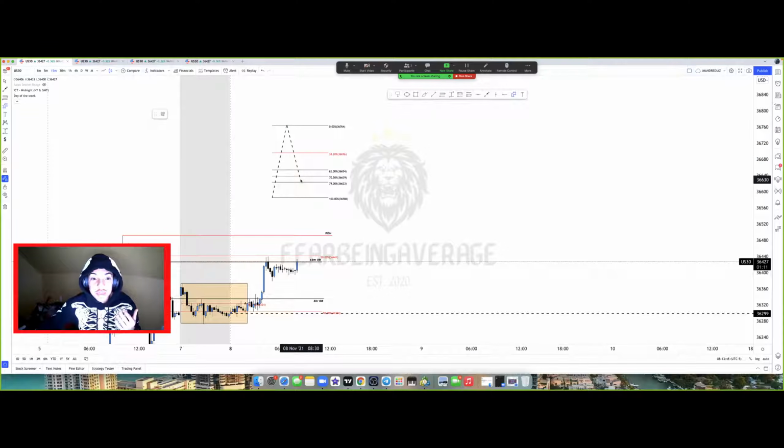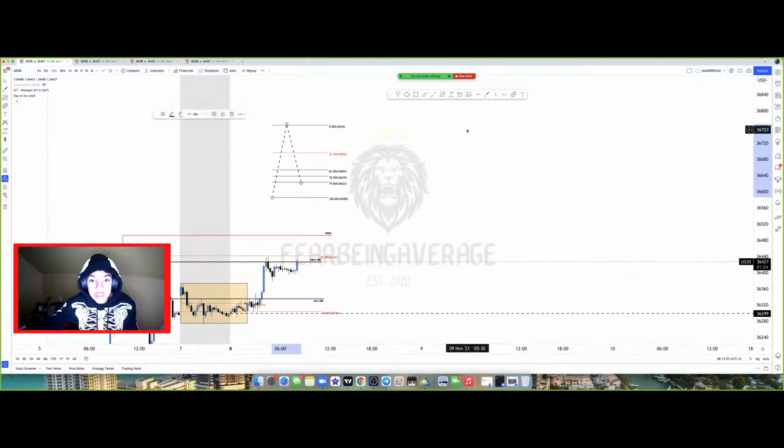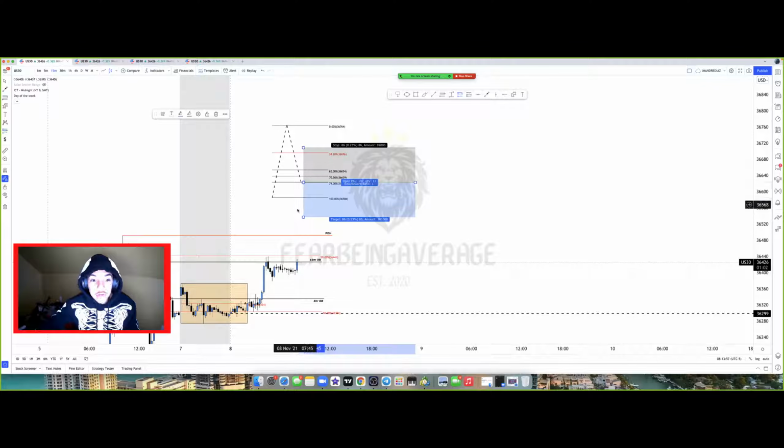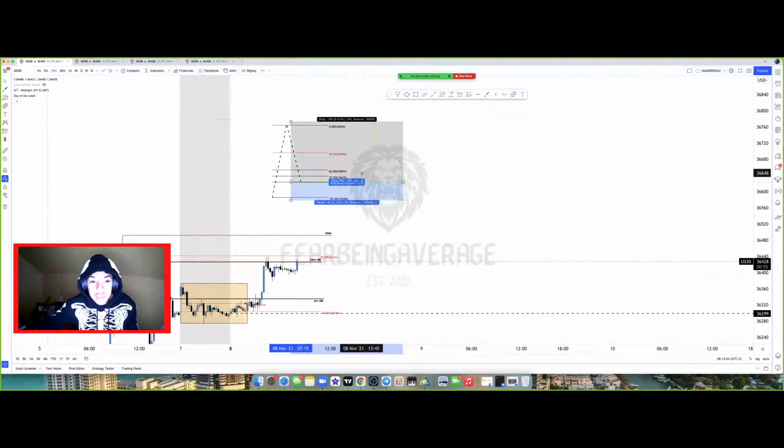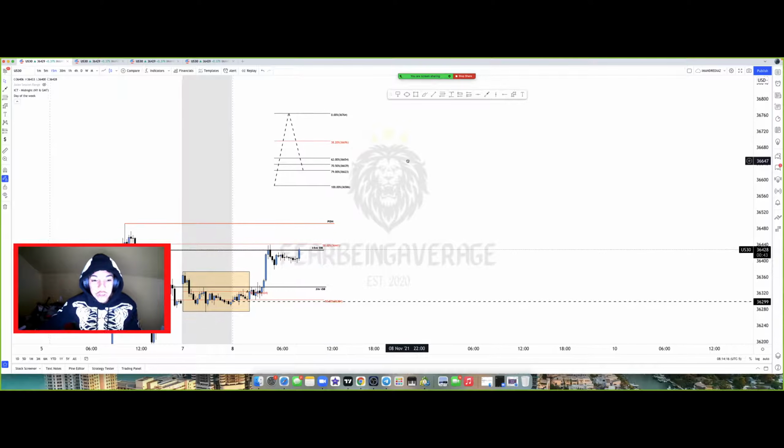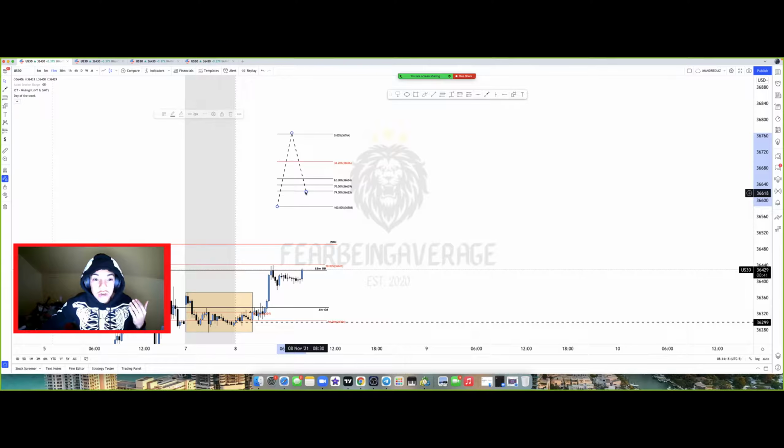So the chance of price then having that reaction to the top side is far more likely. And when you're able to buy at low levels like this, you're always going to be able to have a good risk reward. This is the wrong fib. But look, just for example, you always have a good risk reward because when you're buying deeper into the fib at an oversold area, you're able to have a smaller stop loss with a bigger risk reward. So you're always going to be able to map out high probability trades where it's more than likely going to go your direction. And that's with the 62 to 79.